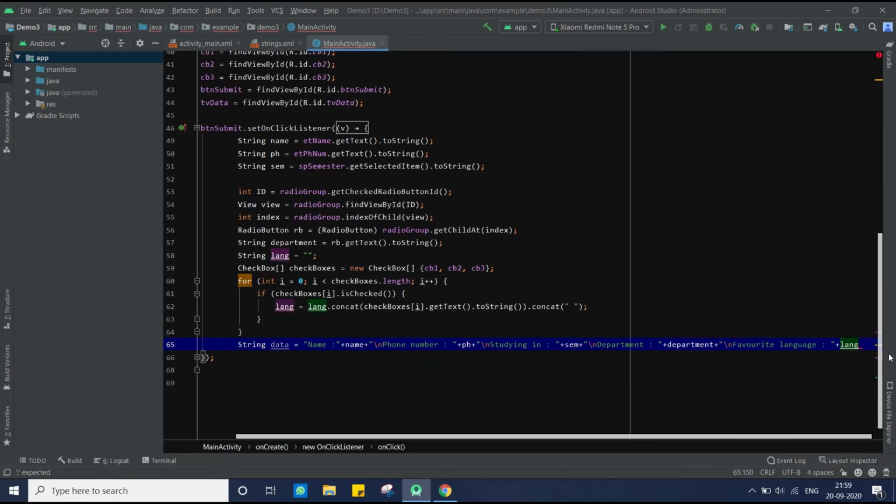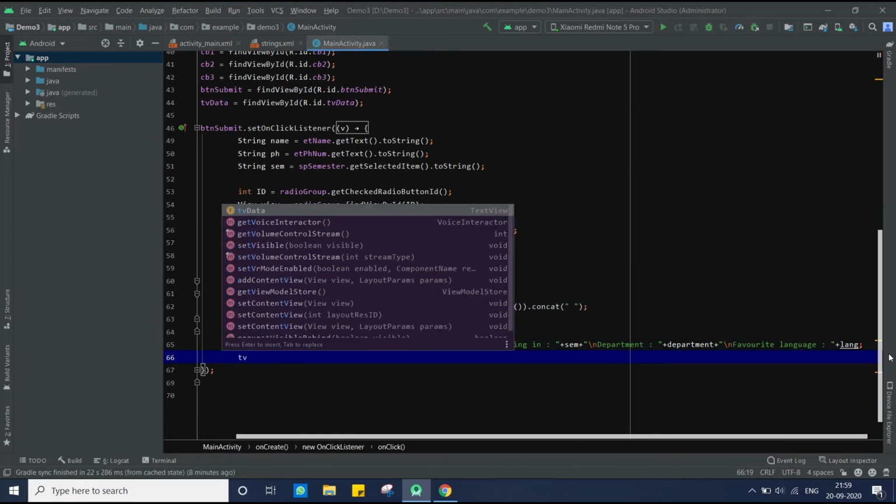And then in this text view we'll set this data.